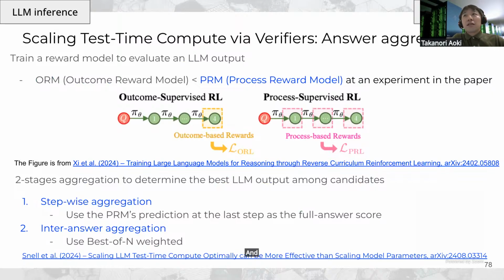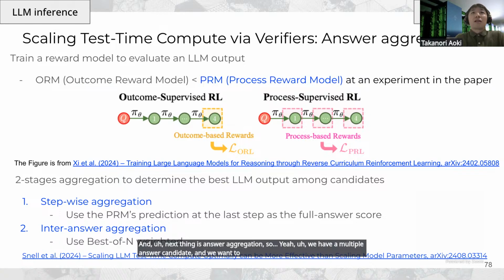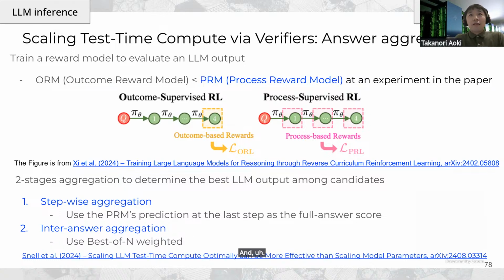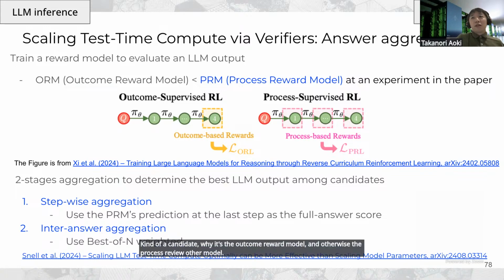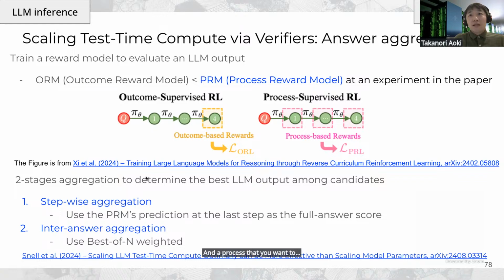And next thing is answer aggregation. So we have multiple answer candidates, and we want to aggregate. In general, there are two kinds of reward models for candidates. One is the outcome reward model, and another one is the process reward model. And the process reward model was better in this paper's experiment. So this one was taken, and we have multiple answer candidates, and there a two-stage aggregation was happening